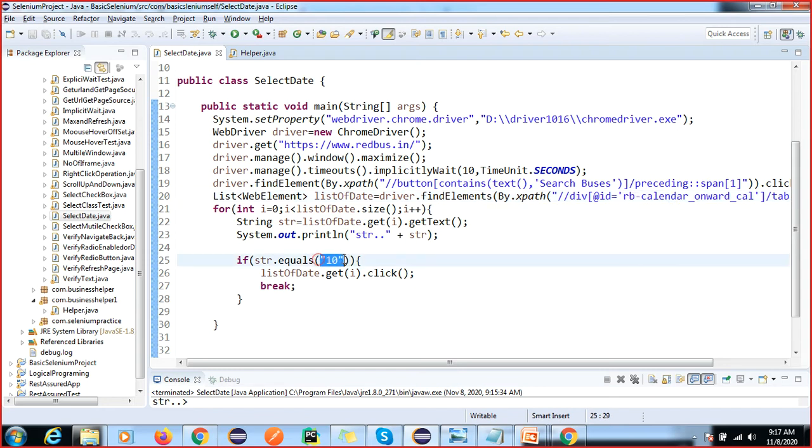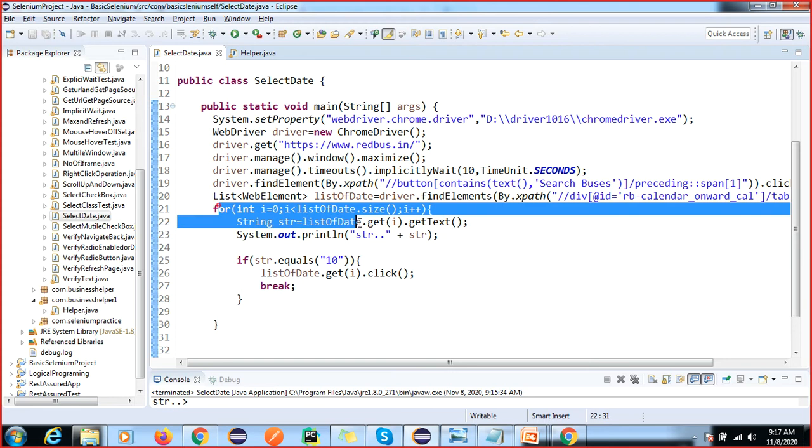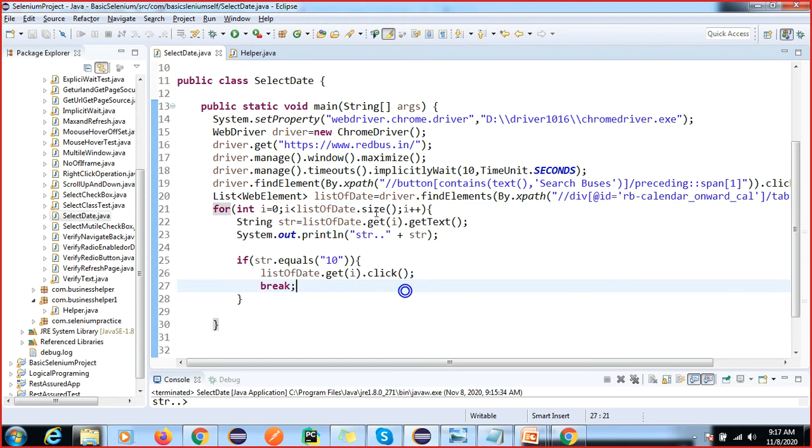This value will also change, because users will not only select 10; the user will select as per the project requirement. So these two we have to pass as parameters, and apart from that all the steps are the same. We are not going to do anything new.